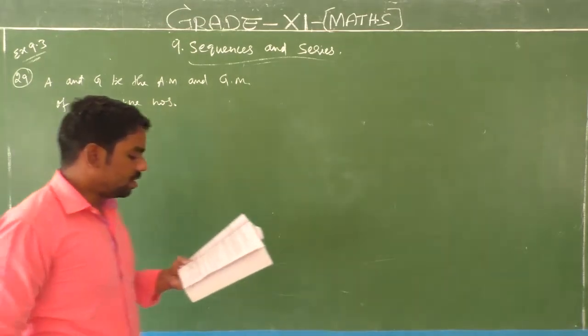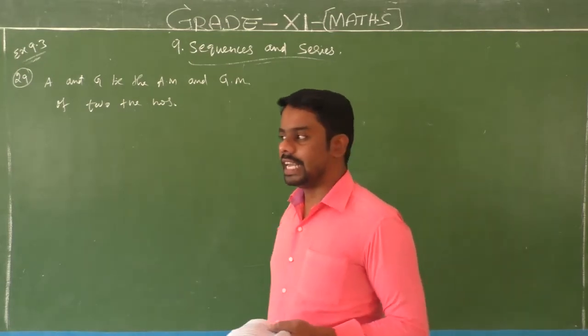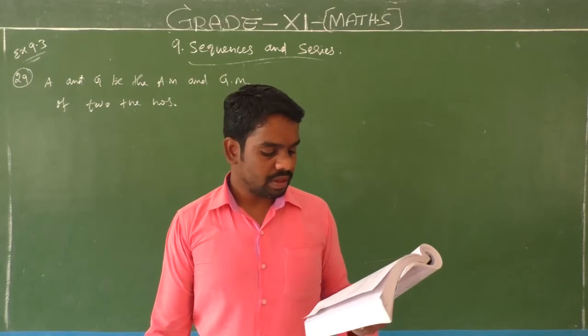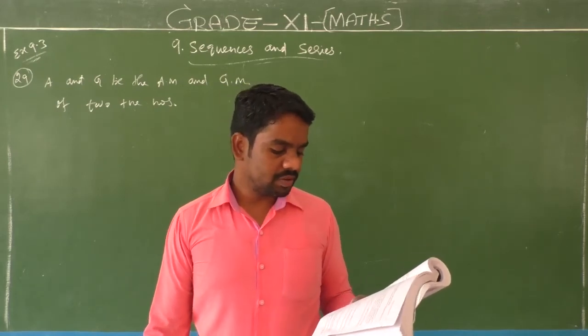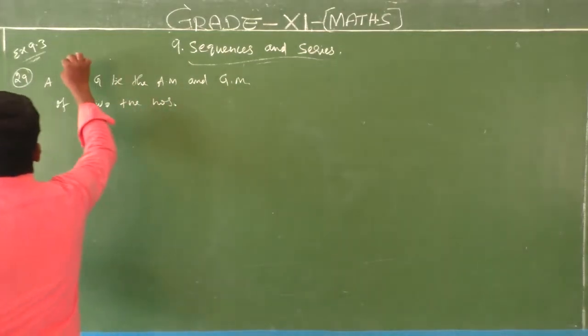Let A and G be the arithmetic mean and the geometric mean, respectively, between two positive numbers. Then prove that the numbers are